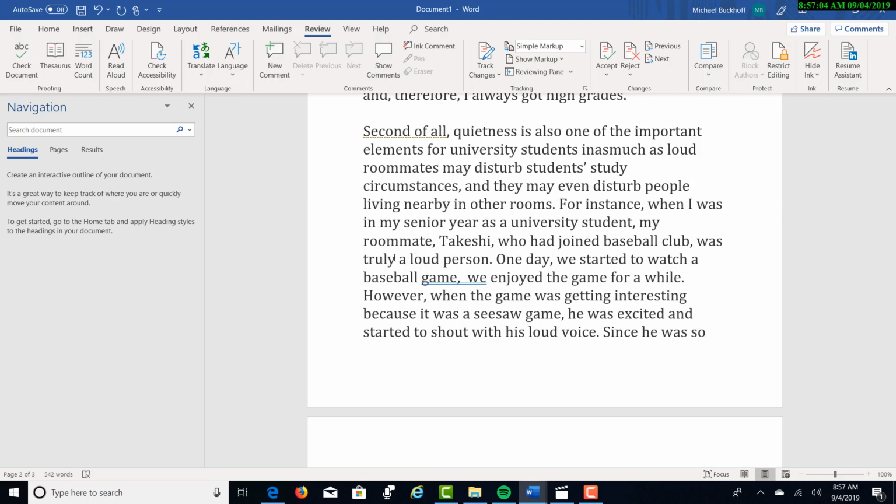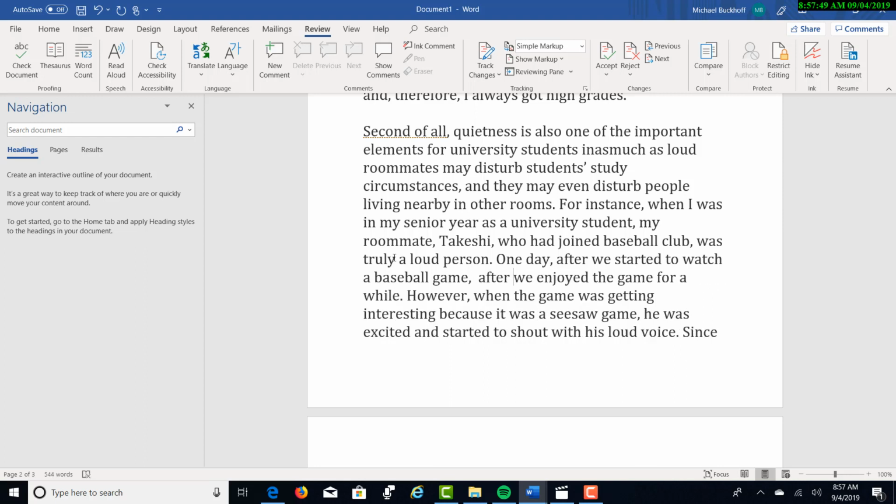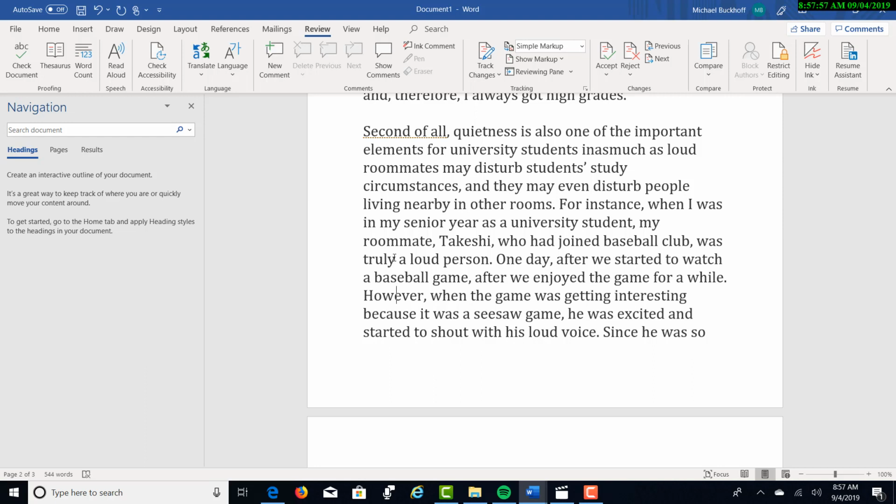"One day, we started to watch a baseball game. We enjoyed the game for a while." Now, you can have subject, verb there. We want to combine these. So "one day, after we started to watch a baseball game, after we enjoyed the game for a while,"